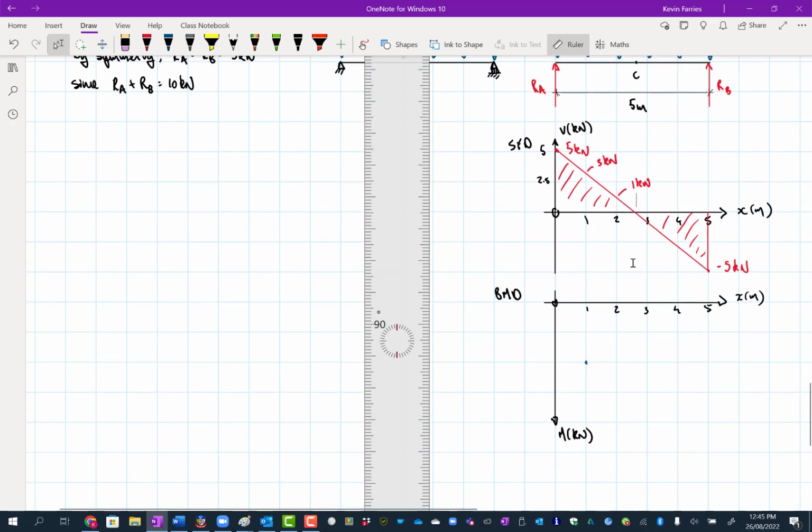I need to put a scale on this because I've already forgotten what that was. I think this was 4, wasn't it? So positive shear means a positive change in moment. 4, yep. And then the next one is going to go down by 2, so it's going to be here. And then we're going to have to figure out this bit. And so that little area there,